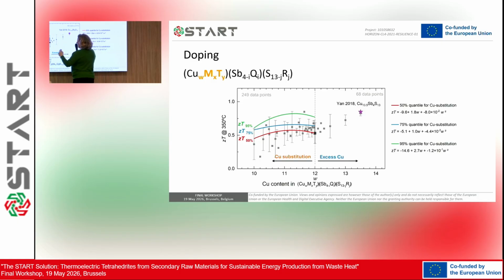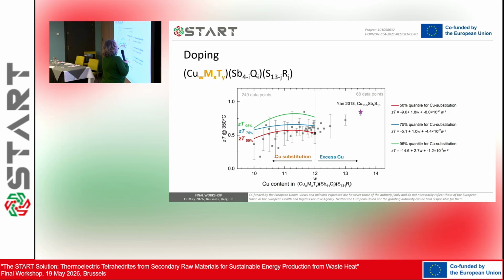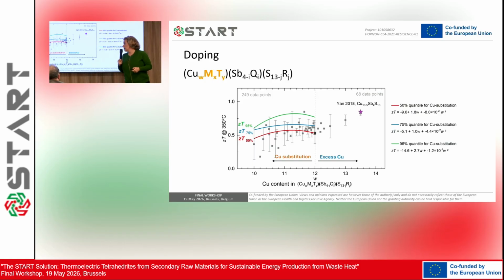And you see that you can do it as a parabola, and here the result is what we could expect: if you replace a lot, you get a worse behavior. And of course, there's a maximum which is around here. It depends on the dopant, of course, and this again is for all dopants. But moderate substitution of copper is what seems to be good